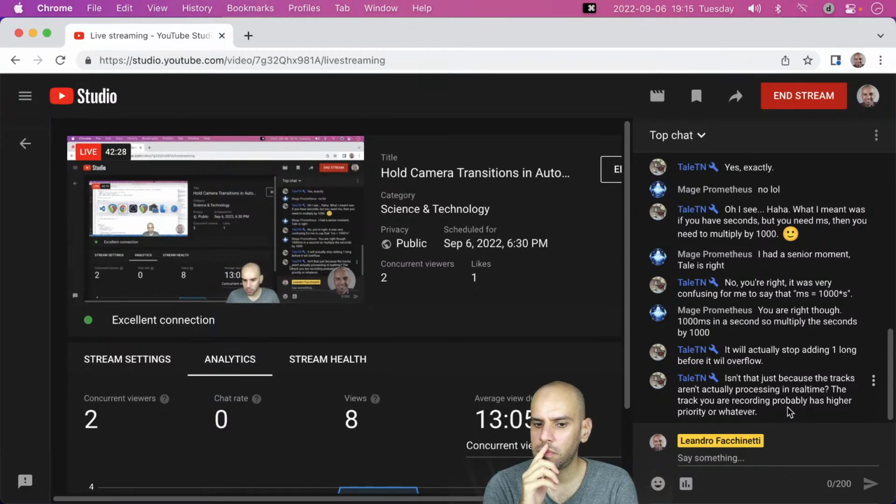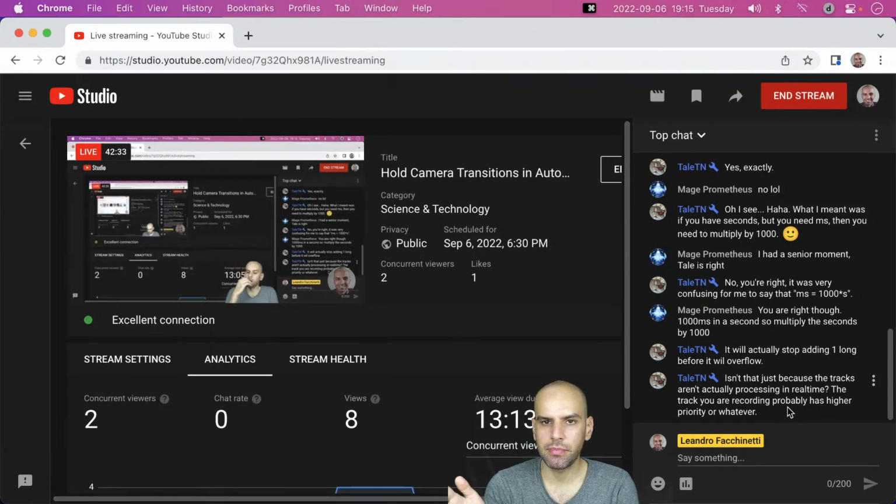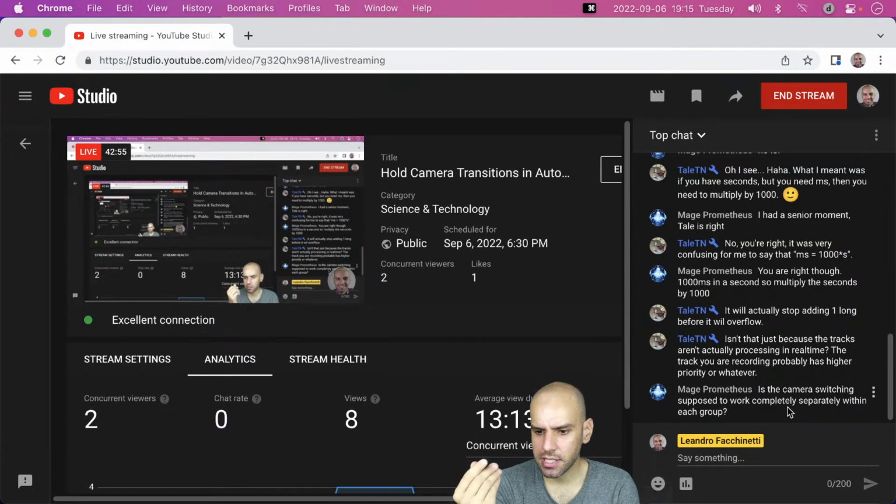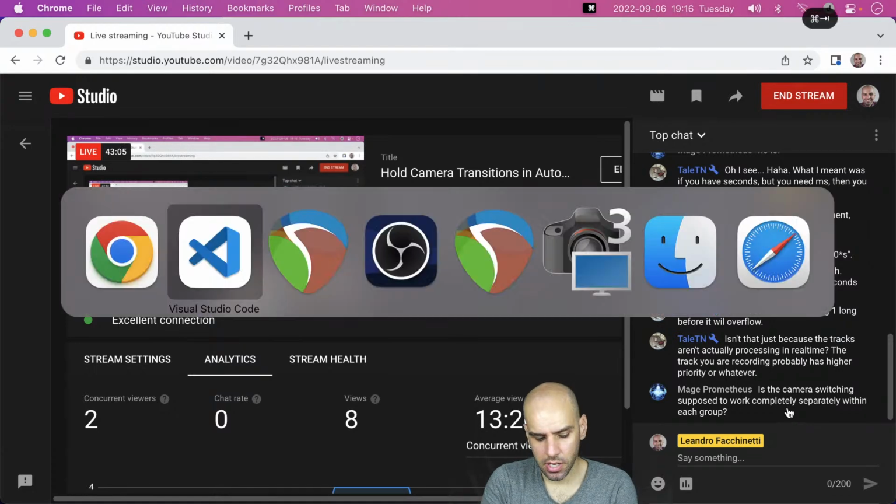First of all, I am not too concerned about this in practice, because if a camera switch occurs, that split difference we saw there was about, I want to say, like 200 milliseconds, 100 milliseconds, perhaps even less than that. So I should actually measure this. But anyway, I think that if a camera switches 50 milliseconds off the mark, it's okay. No one is going to care. So I'm not worried about it. But what you're saying is that the processing is not happening in real time. If the track that I'm recording has higher priority, I guess you are right, because